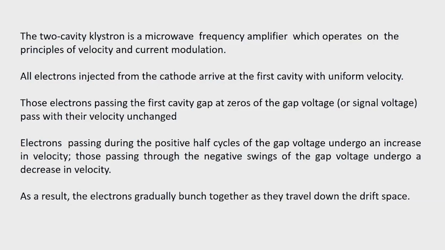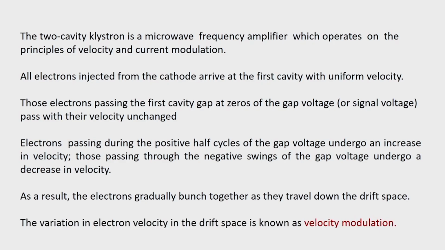So, as a result, the electrons gradually bunch together as they travel down the drift space. Now, the variation in electron velocity in the drift space is known as velocity modulation. Now, as a result, since there is bunching of electrons, at some instant of time the density of electrons will be higher, at some instant of time